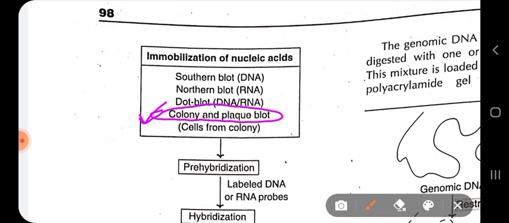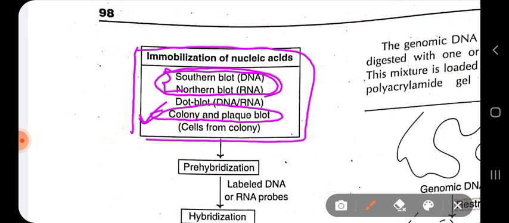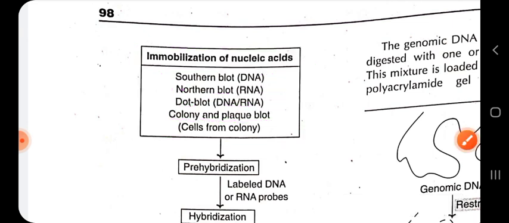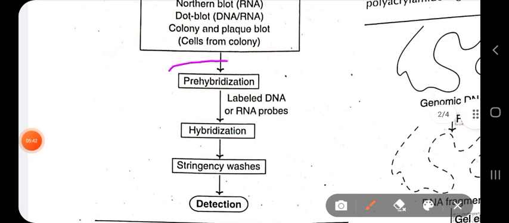That means after you have inserted your gene of interest, how will you detect where your DNA has been inserted, in which colony of cells? For that we have to go for colony hybridization. Today I am discussing this northern and southern blotting technique, also called northern and southern hybridization. Okay, so we can go for all of this process. It is the same procedure, the chemicals are different. So we have to do pre-hybridization and hybridization.